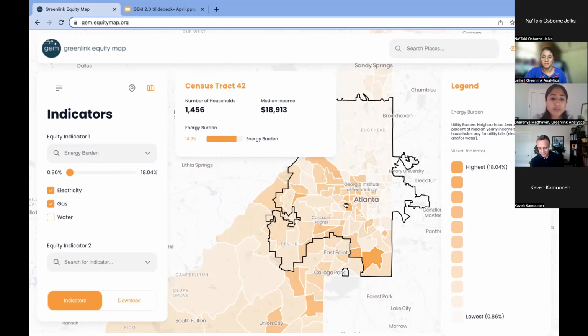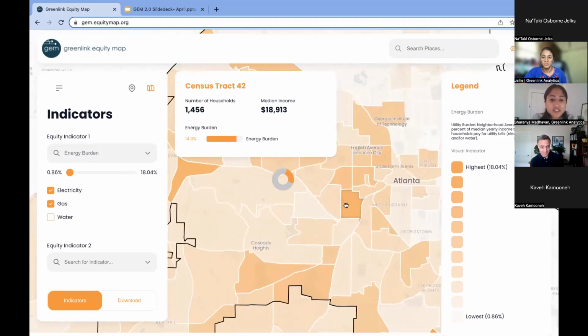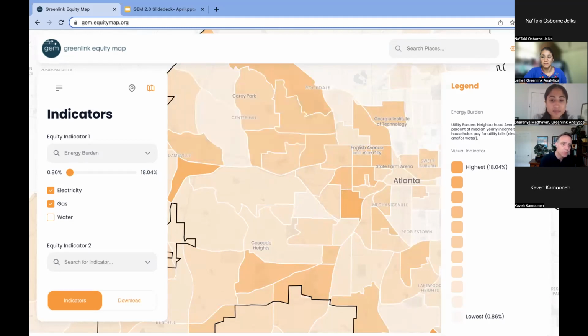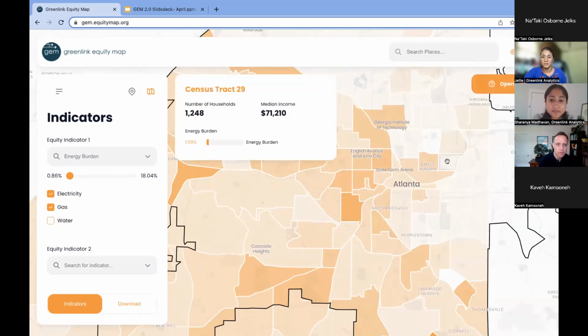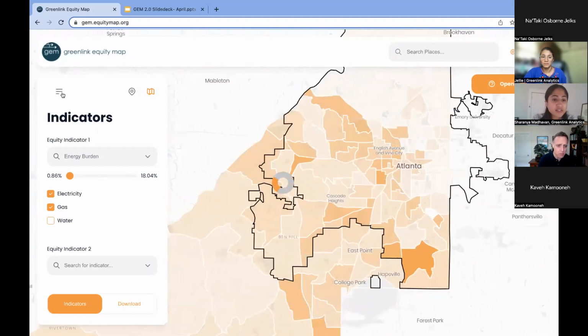So Jelly, if you want to zoom in, we can go really close there and then try to compare within different census tracts to really understand the differences between this indicator, drilled down a little bit here. And so, yeah, you can close the legend by just clicking that legend box, and then you can